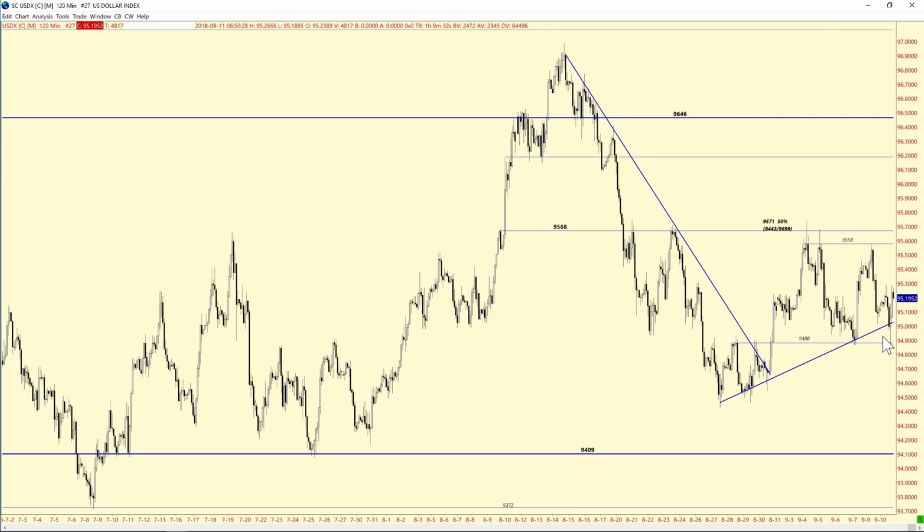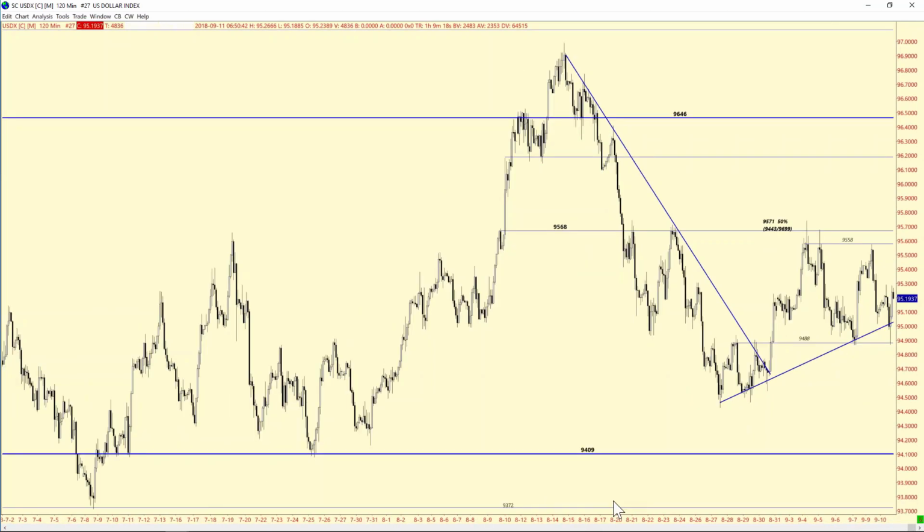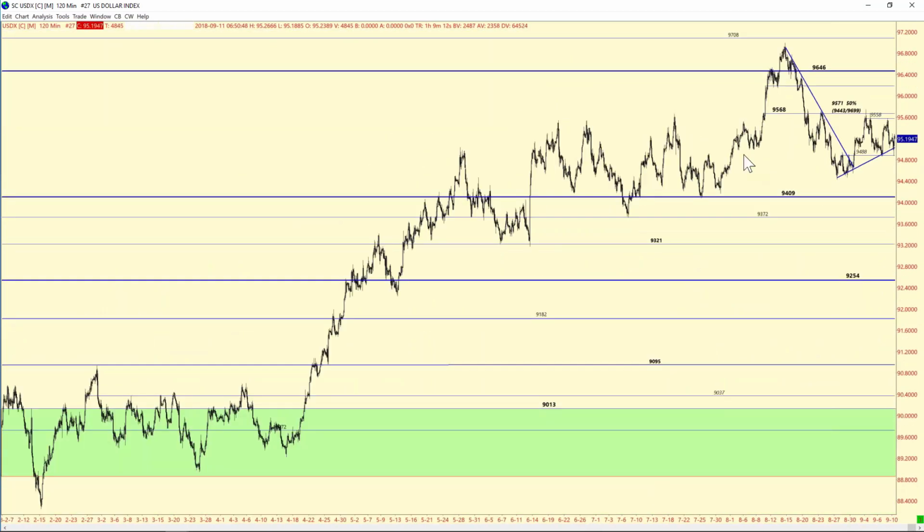Are we above 95? Yes. We take some stabs below 95. But it's the old, like Blake likes to say, it's the old beach ball. You put it in the water, it keeps popping back up. Now, one of the things I don't like about the dollar, we talked about the euro, and I'm looking at it from a technical standpoint, I'm looking at it from structure. We talked about that earlier in the show. And you see here, look, we got this move here, and we just don't do anything with it. We come back, and here we are sliding back again.